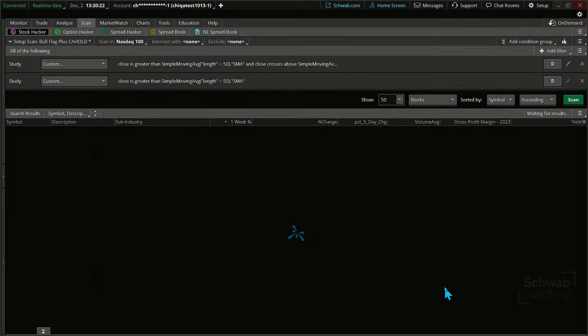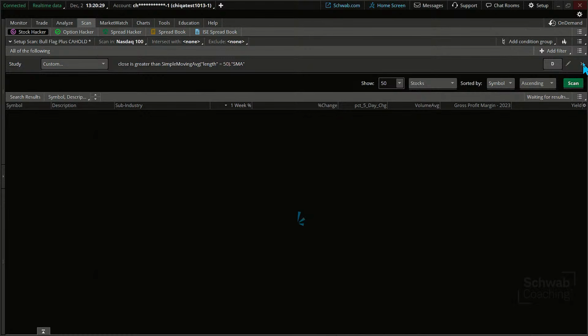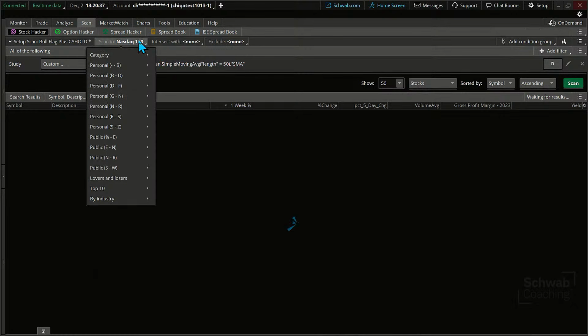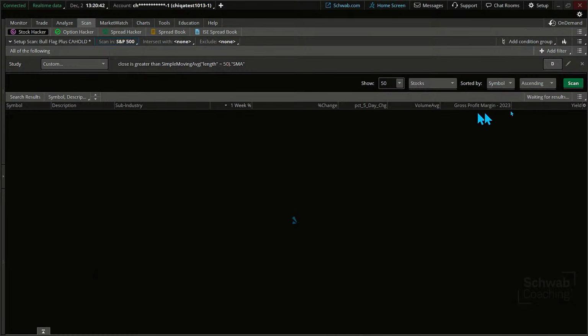Now, if I click OK here, it's simply going to scan. Let me take this guy off real quick. This is the one I built, but we're just going to add to this existing one. It's simply going to scan all companies in the NASDAQ that are above the 50-day moving average. But remember the first one we looked at? Let's do the 500 instead. So getting back to why this would be important to use. How many companies do we have above this? Is it going to work for me? Oh, please. It was working so well before. I think it might be, oh, well, let's see if it pops up.